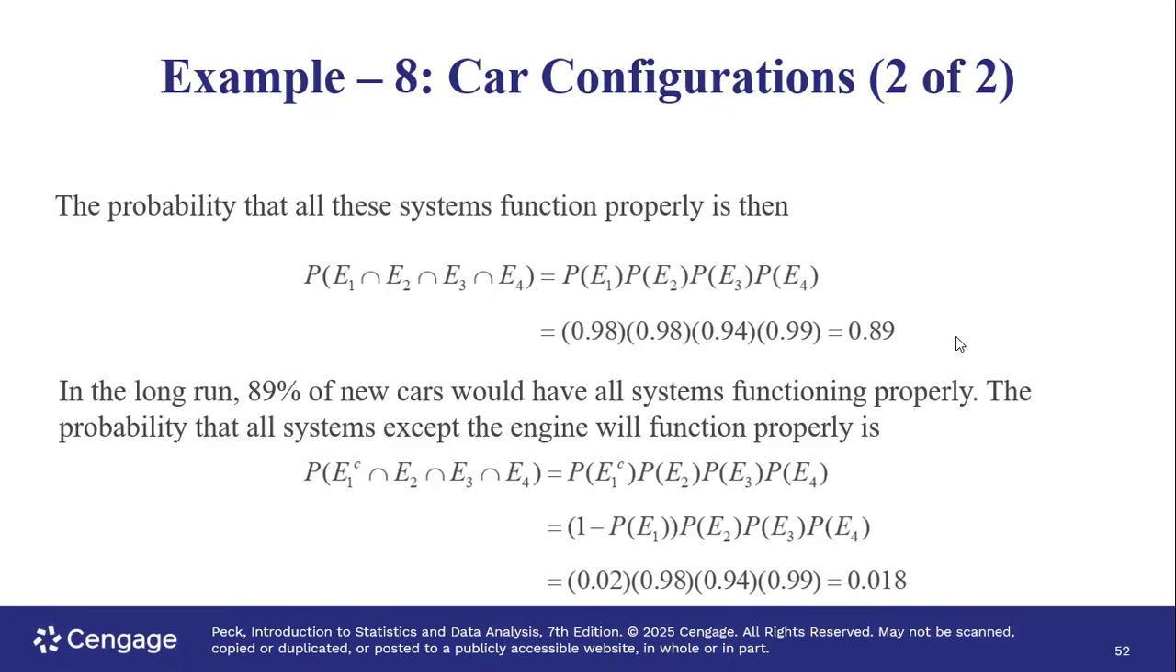That means the engine is not functioning properly. The probability of the engine functioning properly is 0.98, so the complement, the engine not functioning properly, is 0.02. That is the probability you take for the complement event, and then you multiply by the probabilities of the other three events. That is 0.018. That means in the long run, there is a 1.8% chance that the engine does not function properly and all other three systems